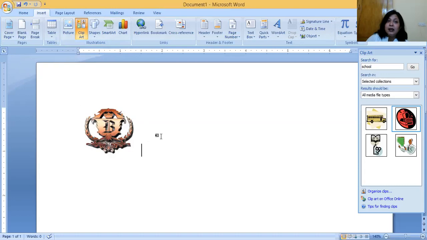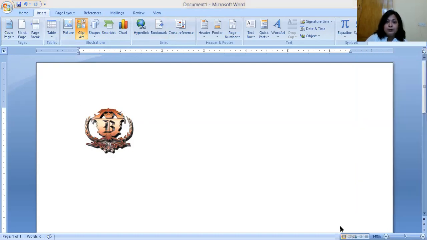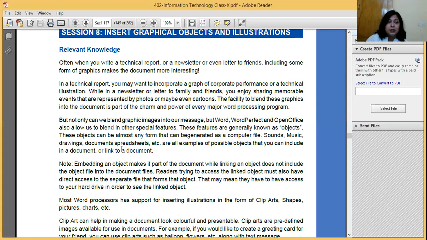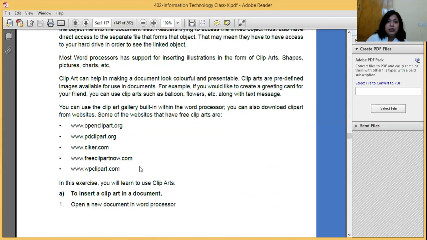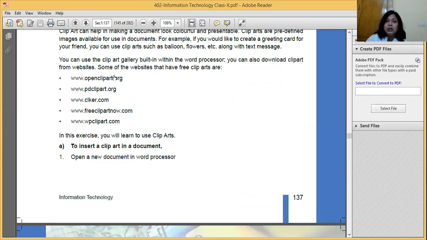Now the next thing that I would like to tell you is, I'll show you. See, we have just now learned how we can insert the clip art. There are some sites like openclipart.org, pdclipart.org, clicker.com, freeclipartnow.com, clipart.com.